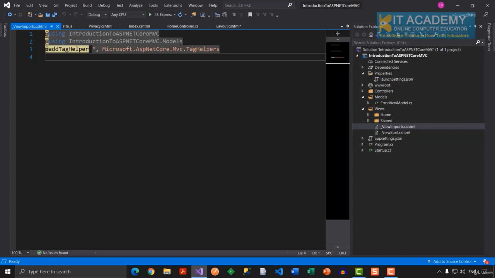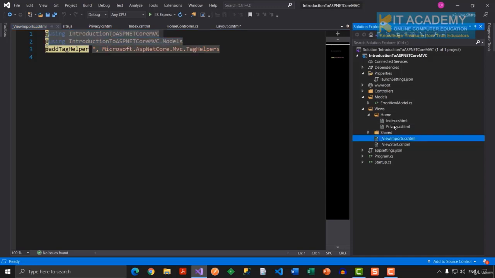For example, if I add these two things here, I don't have to add them in each of my child pages. My child pages now have access to these two namespaces. And there's one interesting line here called the @tag helper. It's a wildcard character, which means all built-in tag helpers are available to you, because they're all coming from the